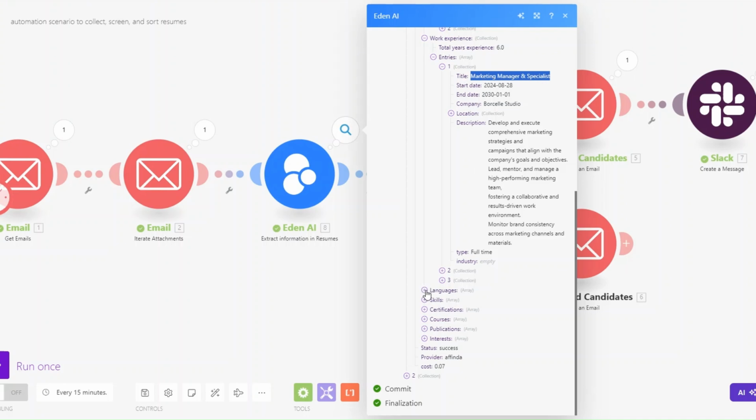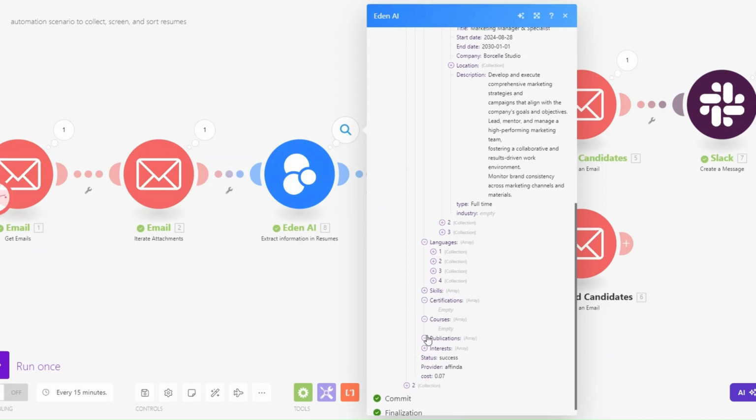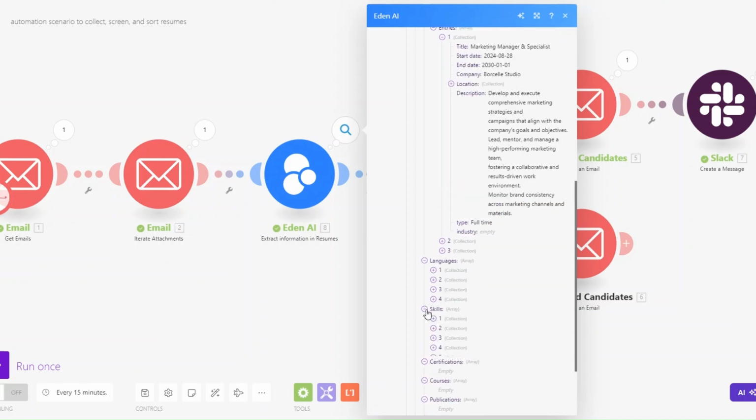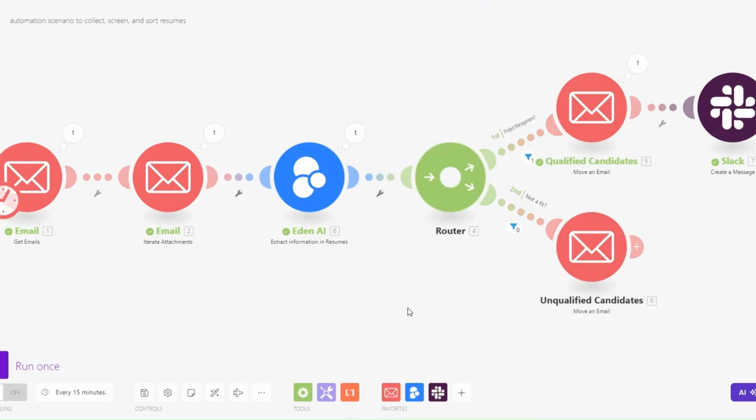You can choose to also filter them via language, certification, courses, publication, or interests. But we're using skill for now. And the skill that we're using is a project management skill. This is a simple automation that you can set up right now on Make.com to collect, screen, and sort resumes of qualified candidates who are trying to apply for a certain position in your business or